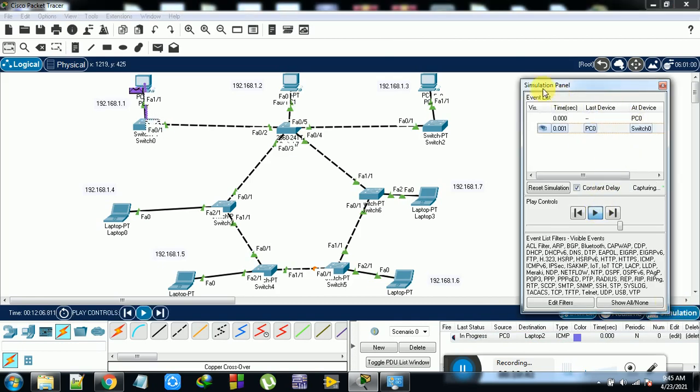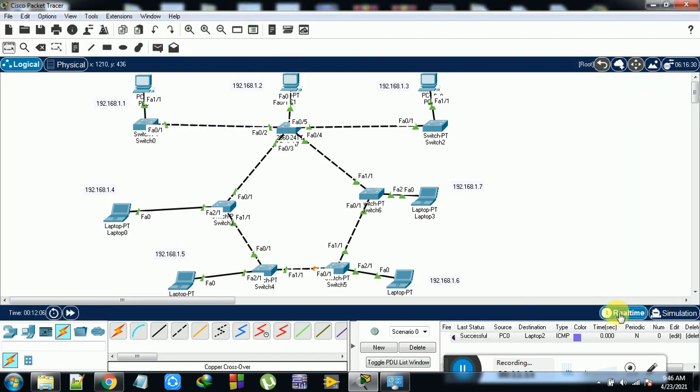So in simulation, the data is moving in this way. From here to here, and after that it is moving in this path. So like this it is. Because it is connected in this way, that's why it is not connected in this way. For suppose, if I want to communicate between them in real time, just here and here.